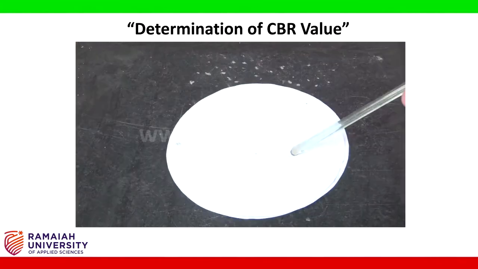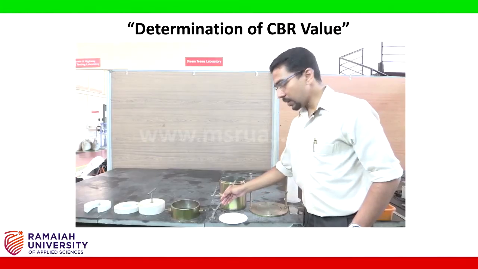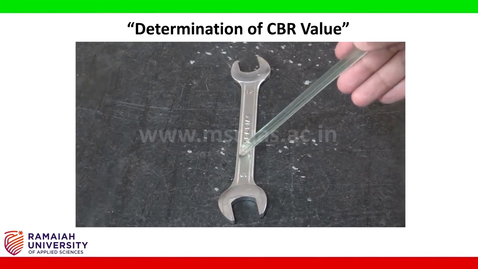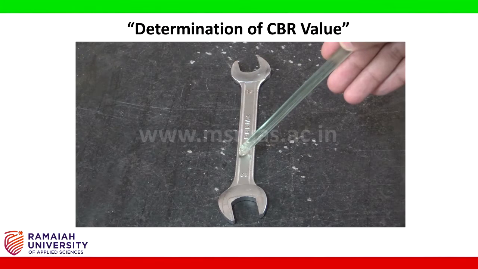Filter papers. These are the filter papers that are required to be placed at the bottom and the top of the specimen after being casted before we start the test. The spanner. This would be the 18/19 spanner that is required to tighten the nuts of the specimen and the mold during the casting process.